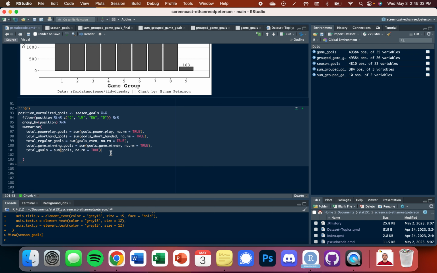So moving on, after that, we can do another pipe, because now we need to, I'm going to close that first. So after closing that, like that, after closing that, now we are going on to a mutate, and what we're going to do is power play goal percentage, and what that's going to be is it's going to take the total power play goals divided by total goals times 100,